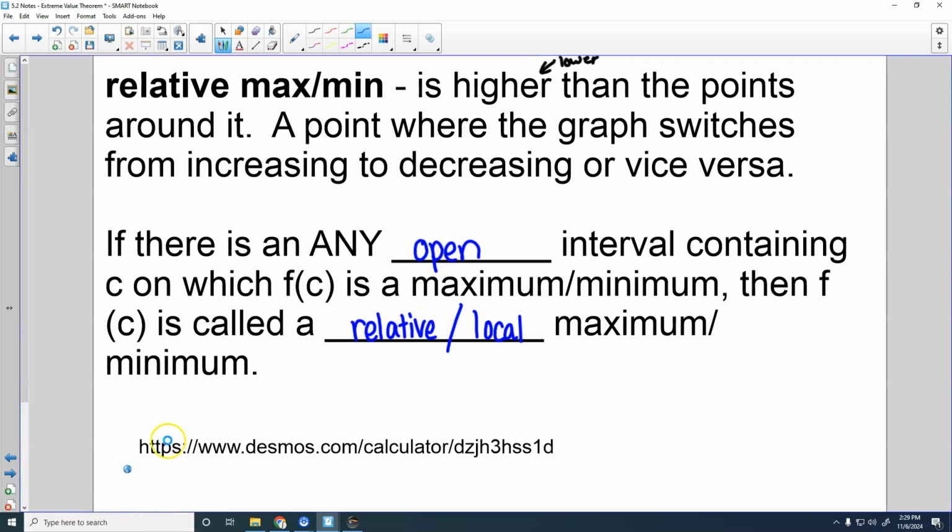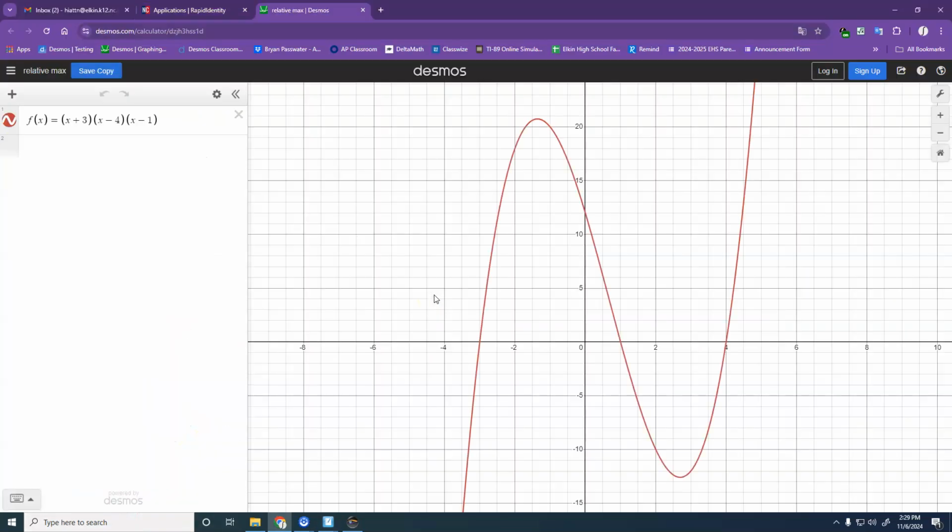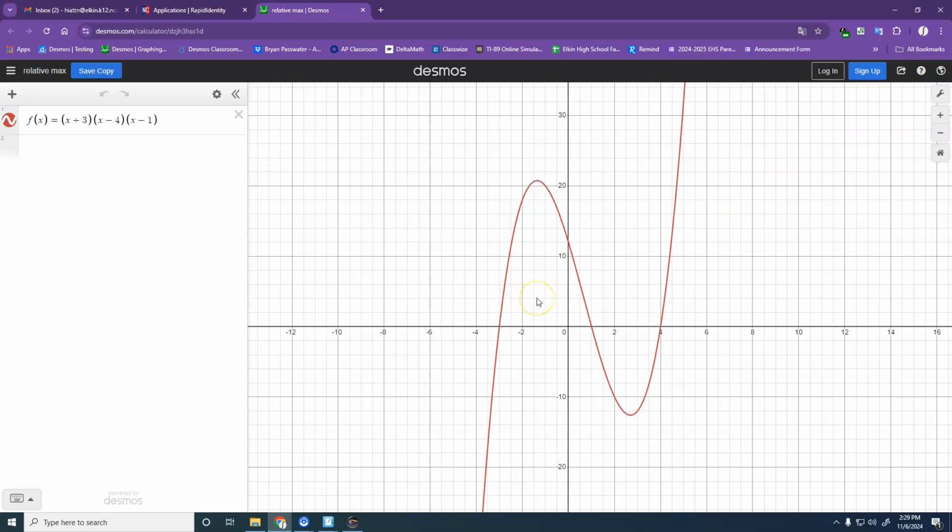So let's look at this Desmos graph that I've got here. Hopefully still works. So if we look at this graph here, does it have an absolute maximum? Does it have an absolute minimum? It does not. So it would not have either one of those because this graph keeps on going up forever and down forever. However, if you can zoom in to an open interval where you have a maximum or a minimum, then that is a relative maximum or minimum. So, for example,